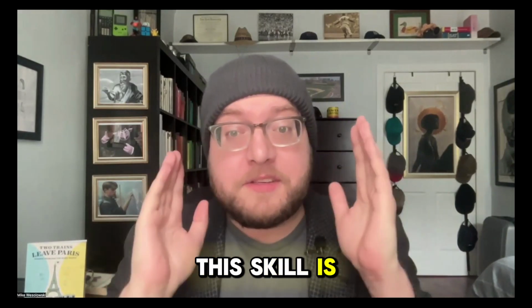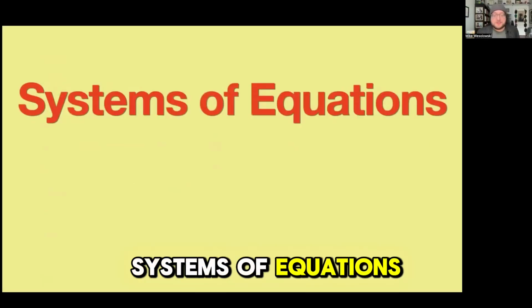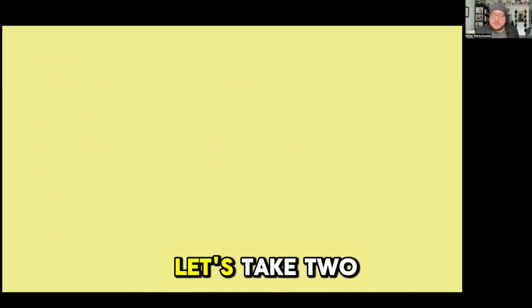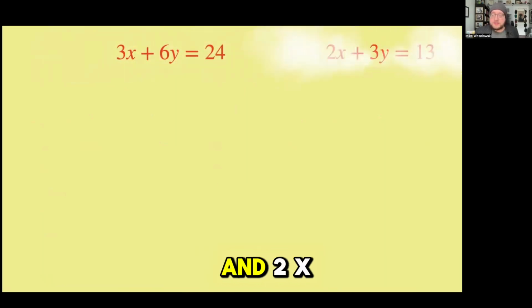This skill is essential for the ACT and SAT math sections. Systems of equations, solving by substitution. Let's take two equations: 3x plus 6y equals 24 and 2x plus 3y equals 13, and let's find the value